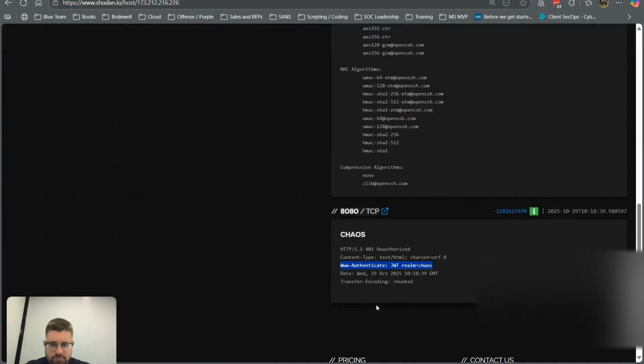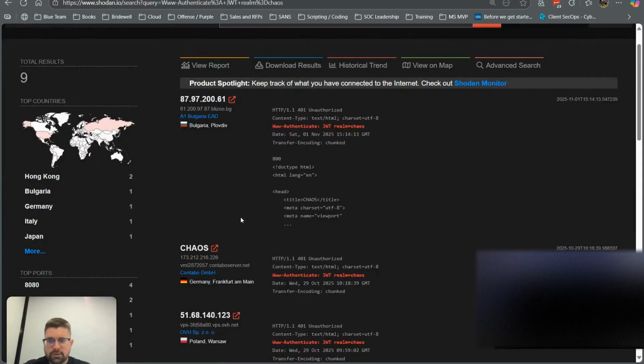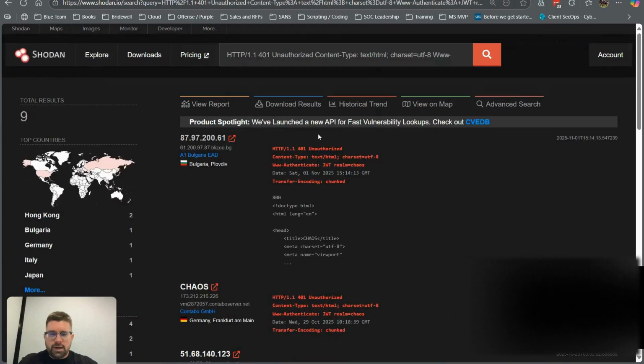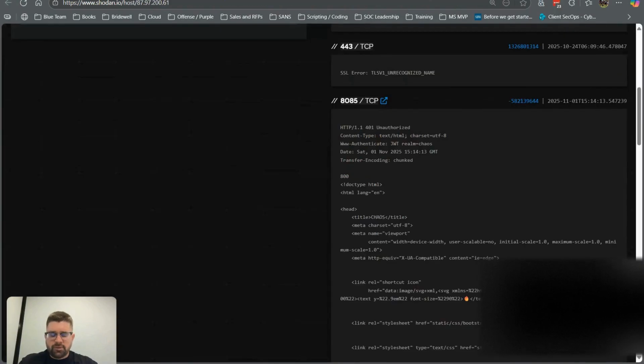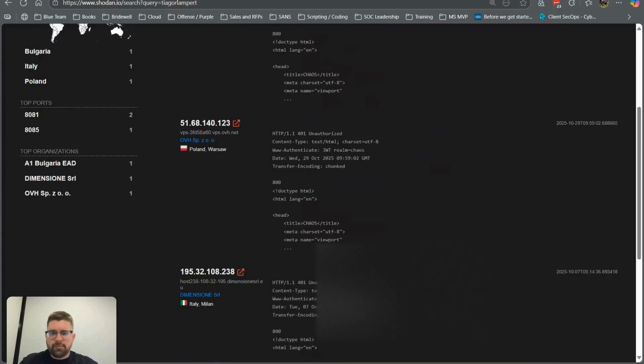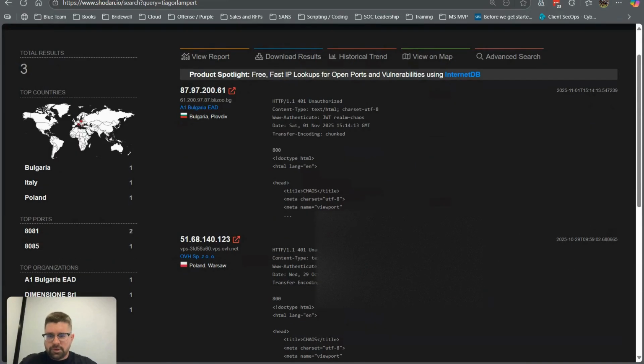We've got this www-authenticate JWT realm chaos. There's the chaos title that we can use. We also had the actual header itself, which was quite fruitful. The hash, the Tiago Lampert value, was something that was more unique in the 3